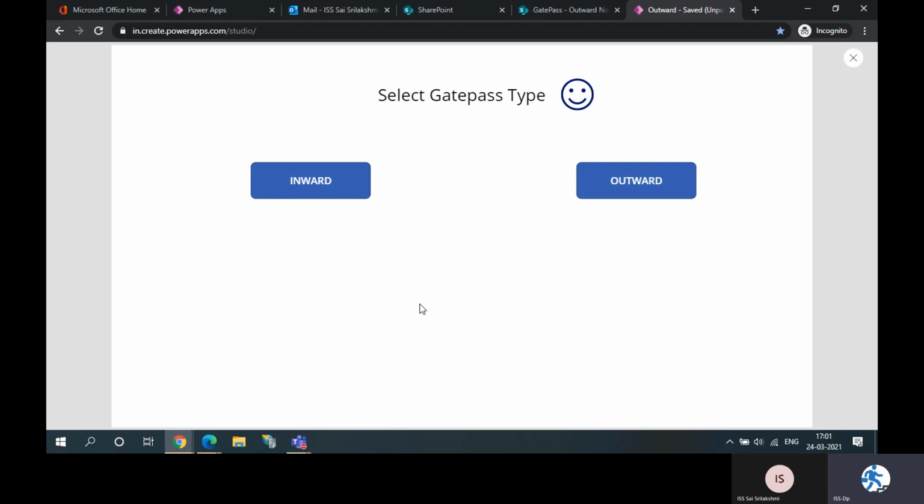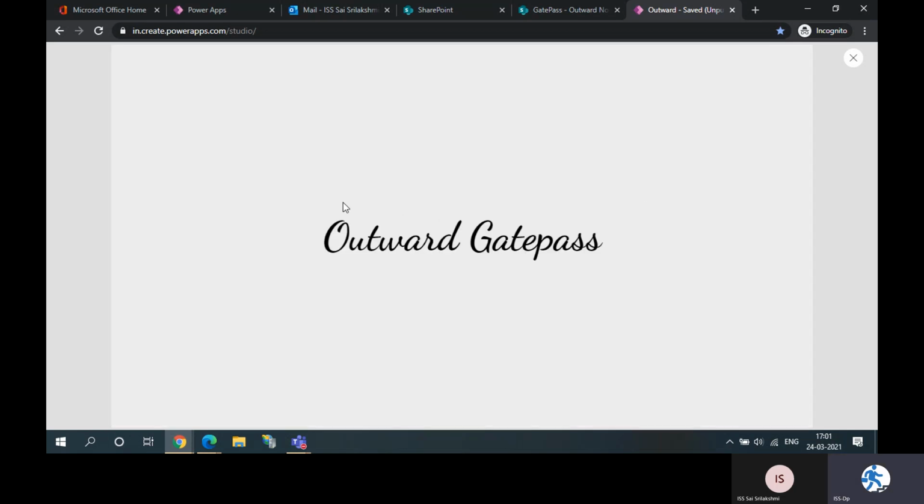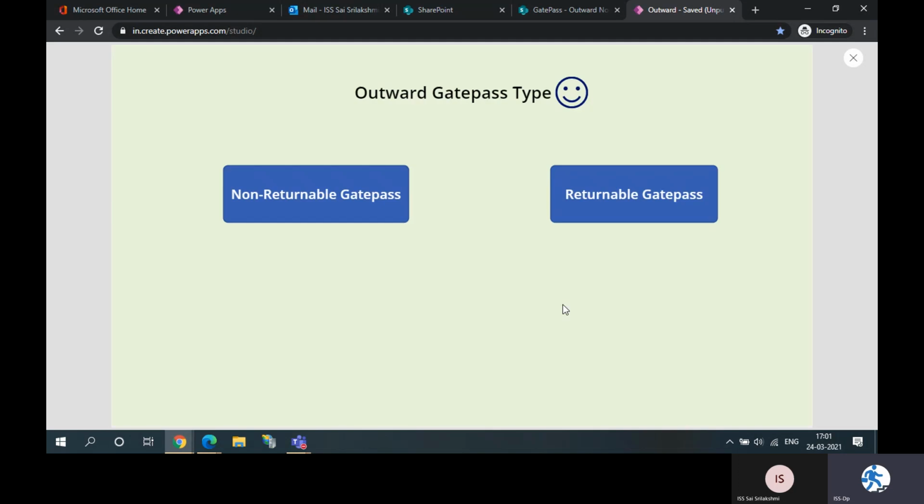Because of the more complex workflow and visibility in the outward process, we will opt for outward. Once we click on outward, we get the options returnable and non-returnable. I'll opt for non-returnable.